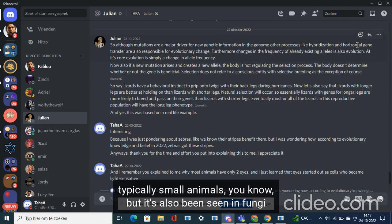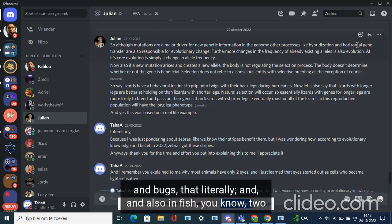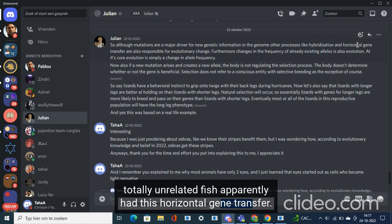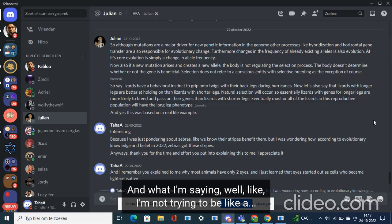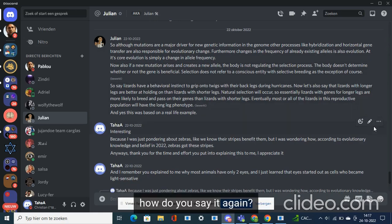typically small animals, but it's also been seen in fungi and bugs. Also in fish, two totally unrelated fish apparently had this horizontal gene transfer, and it is used as evidence for horizontal gene transfer. And what I'm saying, well, I'm not trying to be like a, how do you say it again,